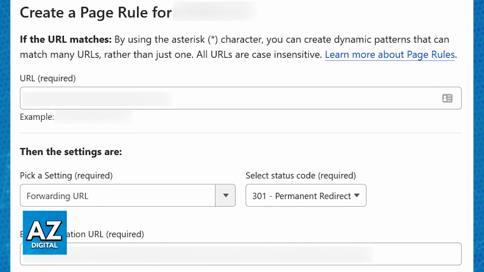Once this is done, you will now be able to add www to any domain that you want through Cloudflare. So once again, go over to your dashboard, select the domain name that you wish to configure, and access the page rules, where you will be able to create a new page rule where you will enter your domain as a wildcard rule that matches any path on your domain and pick a setting related to the forwarding URL. You will then be able to include the destination with www, and every single piece of traffic that goes on your domain is going to have www now.